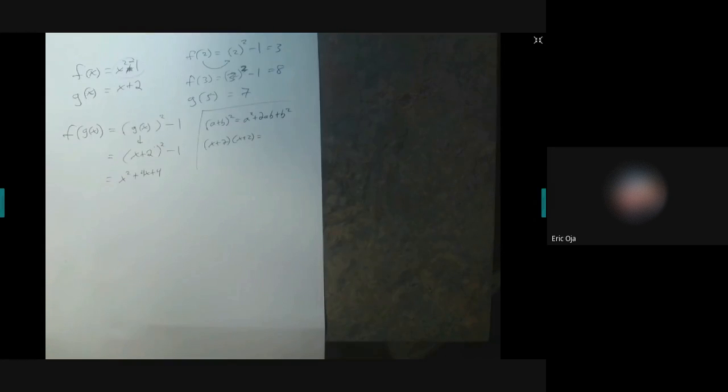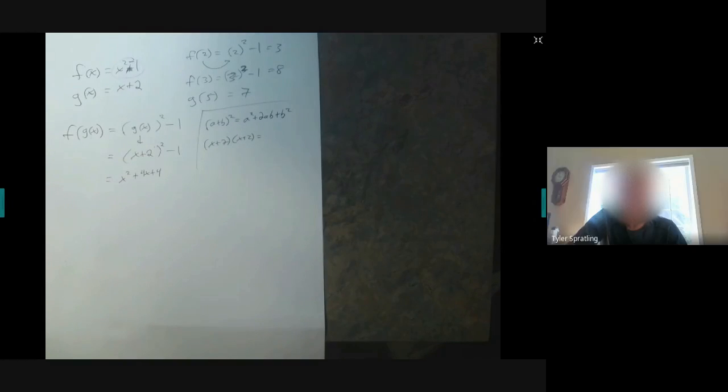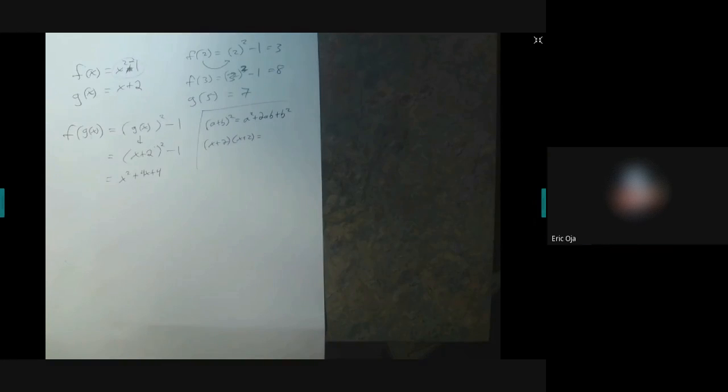Have you done the binomial theorem stuff yet? Yeah, he did it a little differently. Right, but I get where you're going with that, right? Yeah. So when we expand that out, we're just going to get x plus 2 squared